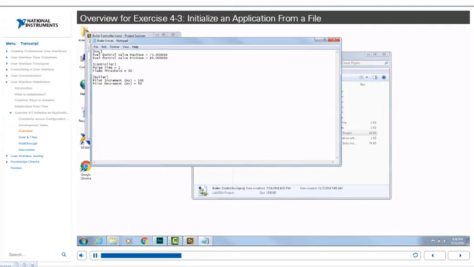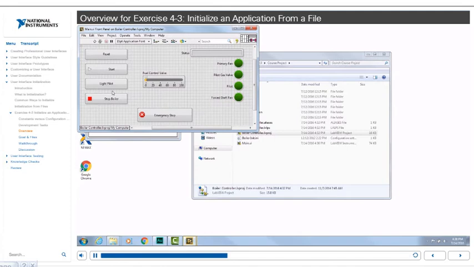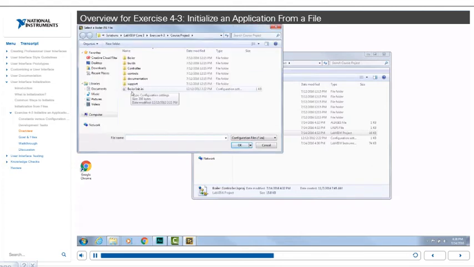Within the message handling loop, we can see that we have values specified for the minimum value of the fuel control valve and the maximum value of the fuel control valve. Now let's take a look at the main.vi. So here we can see that before running the VI, the minimum value is set to 0, the maximum value is set to 100. If I run the VI and select the initialization file that we're going to load,